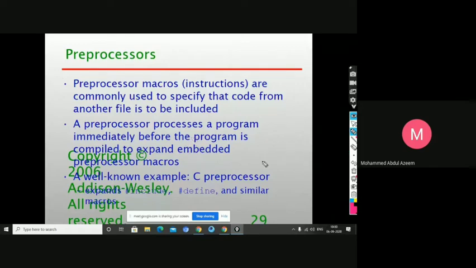Here you can see hash include, hash define. Generally in a C program, you start with hash include stdio.h, hash include conio.h, right? So what is this hash here? This hash is the preprocessor directive, right? It is directing to a preprocessor because after hash include, what do you write? You write stdio.h. What is this stdio.h? Basically, standard input output